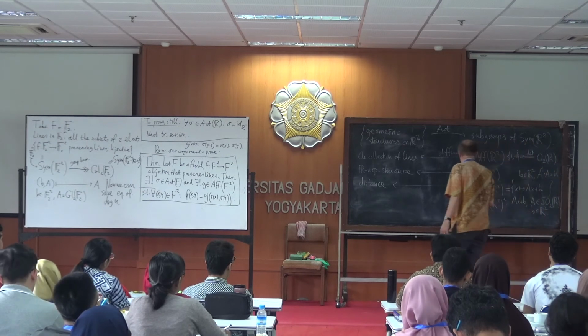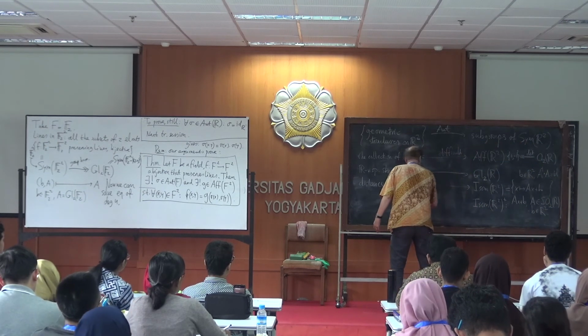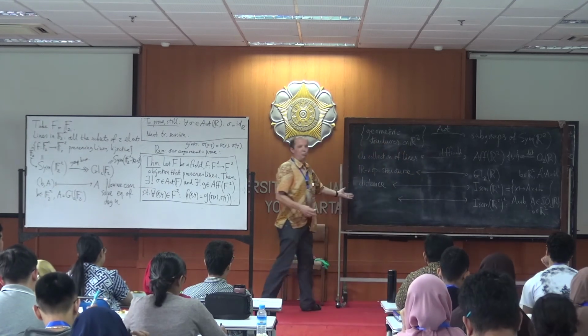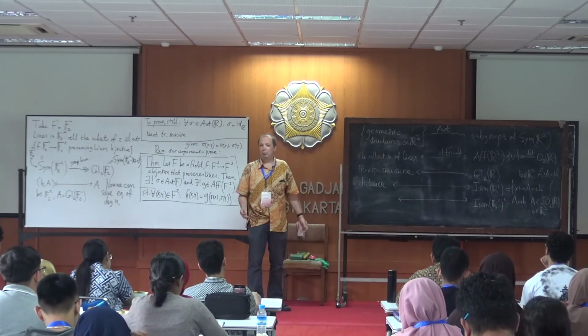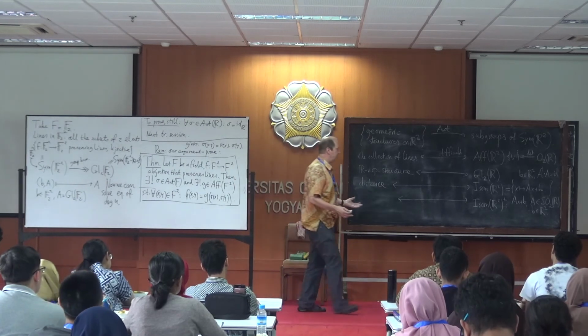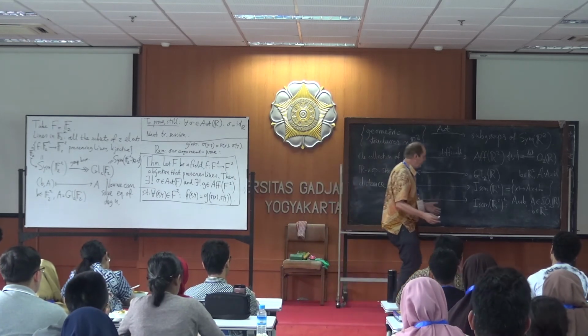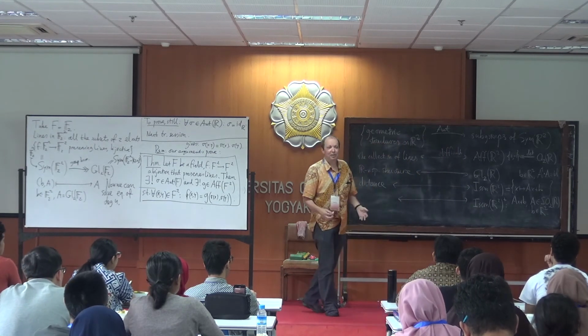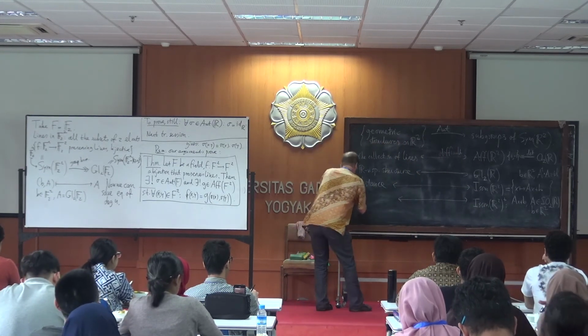Okay, so what does that correspond to? What kind of thing should we have there? The question is, what is it exactly that these transformations preserve? So they do preserve distance, that I know, because